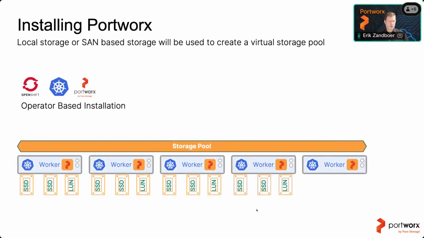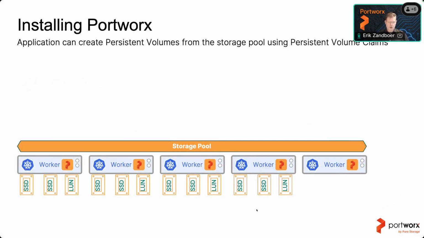So how does that work? Well, first you install Portworx using an operator. So it's a level 5 operator, which means it covers day 0, 1, and 2. And after you've deployed it, you can start deploying your workloads. So here you see an example of 5 worker nodes, and 4 of them contain storage. So whether that's an SSD or it's a LUN, so something coming from a storage array underneath, it will grab all of that storage and build it into a storage pool. Now, as you can see, there's one worker without storage. We'll see what that's about.